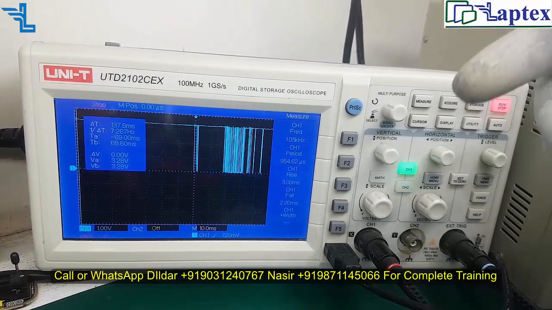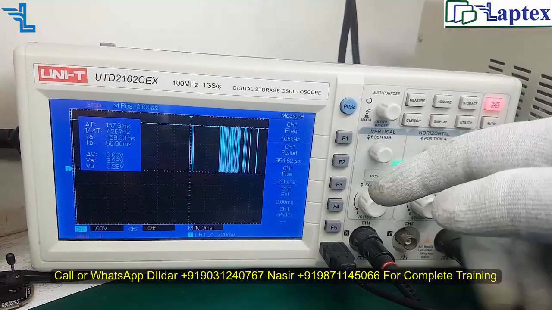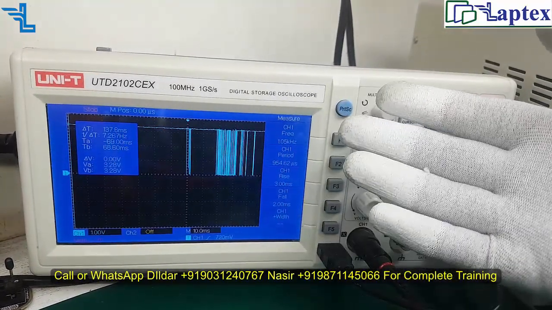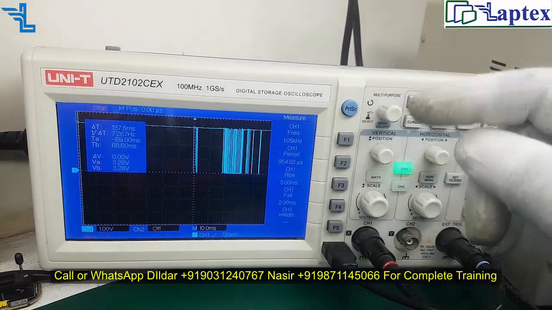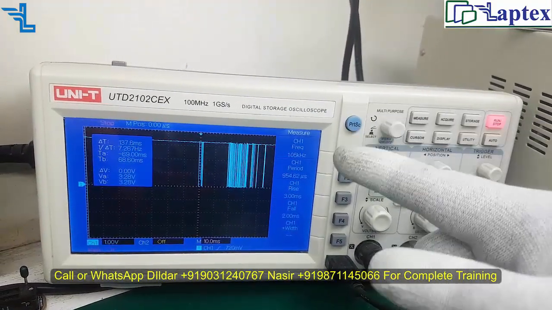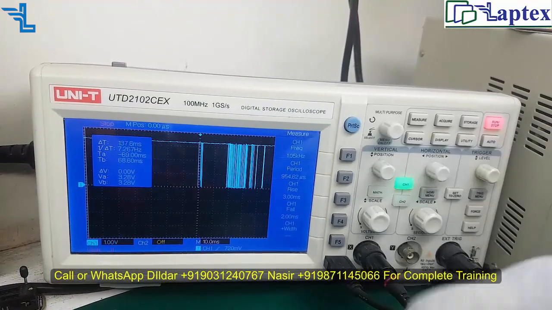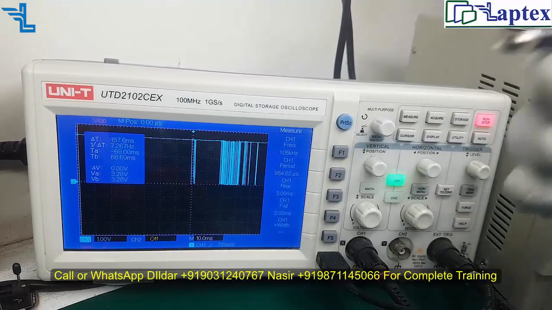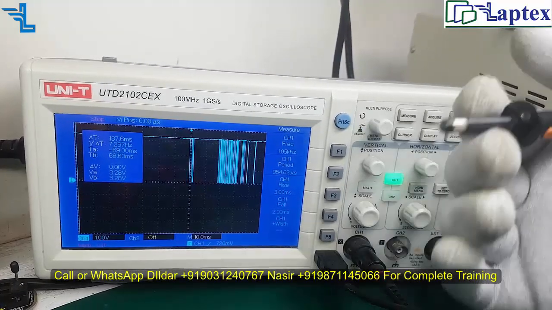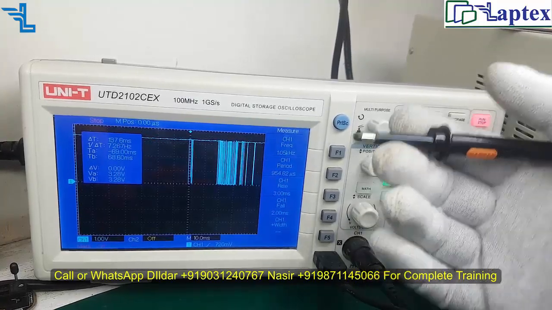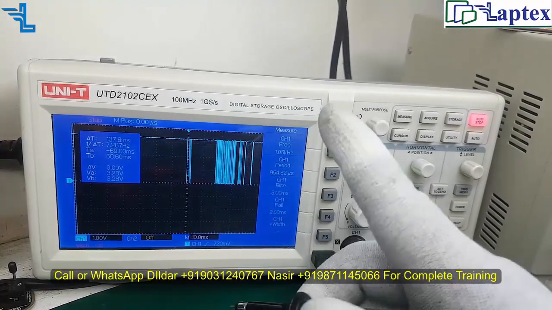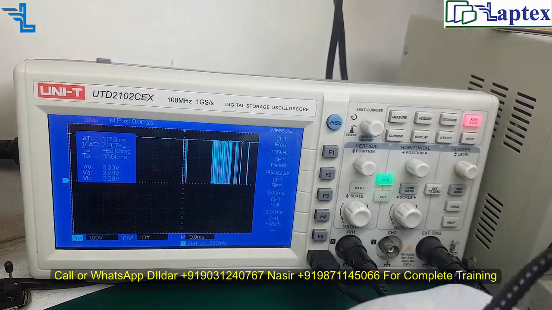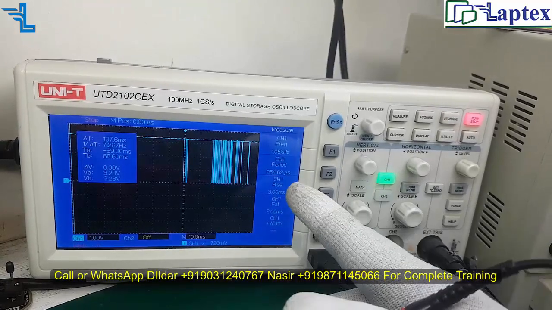You just comment in the box if you have any knowledge about CRO checking or BIOS checking, at least in the matter of BIOS I am talking about, how you check it through the CRO and determine whether your BIOS is faulty or not. There are many more ways to check the BIOS section. As of now I am checking only the CS pin, which is the chip select pin, whether the chip is selecting the BIOS or not. This is what I have checked here only.